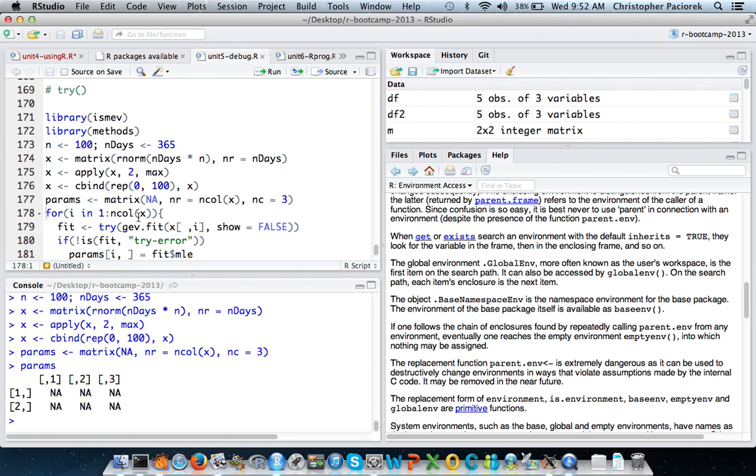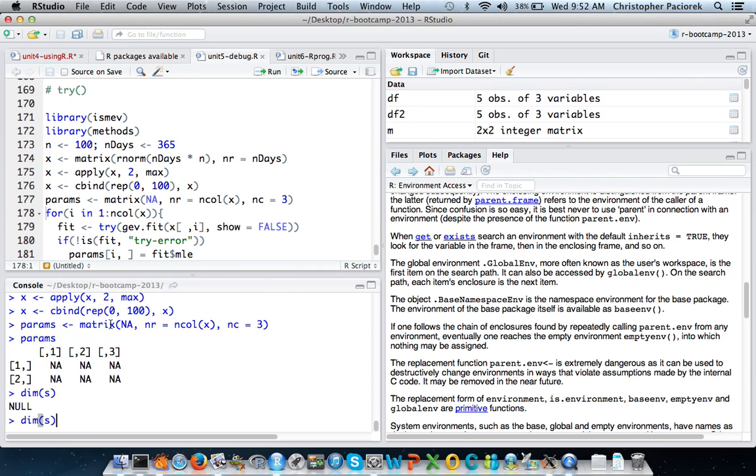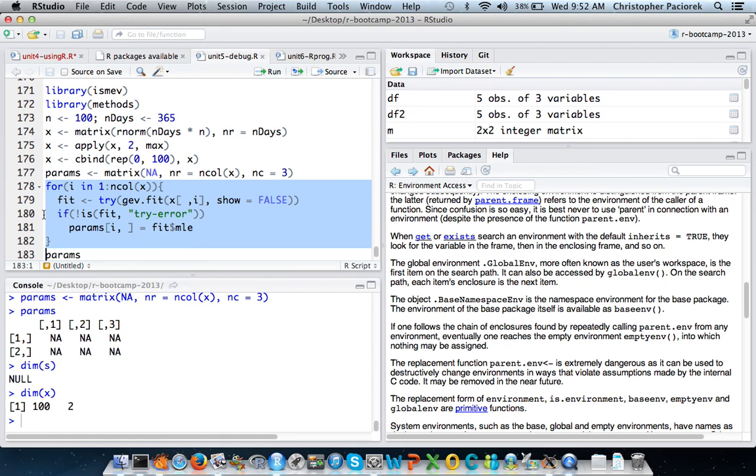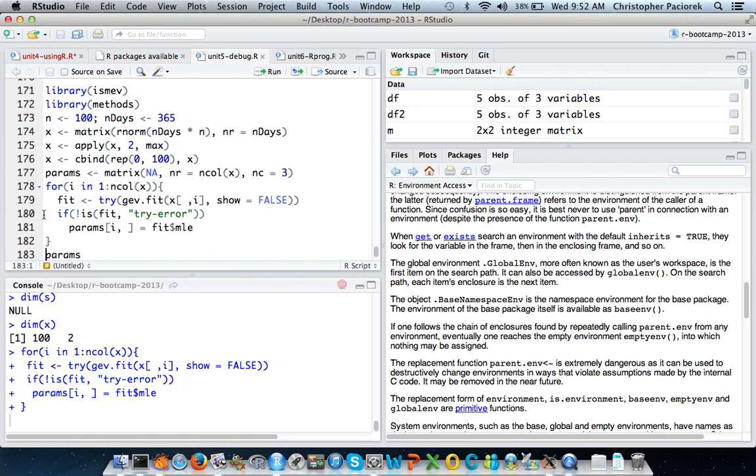What have I got here? What's the dimension of x? Oh, okay. I guess I just set this up with two columns. So now if I run this,